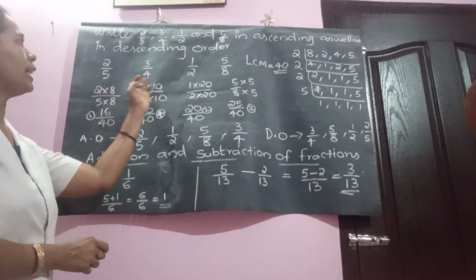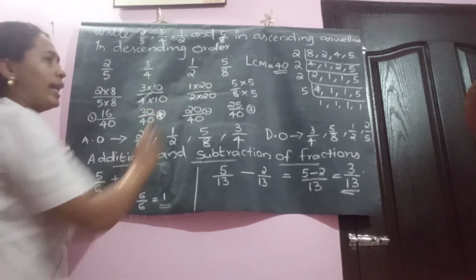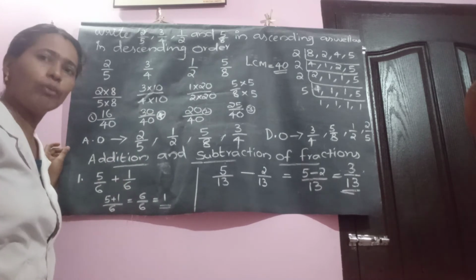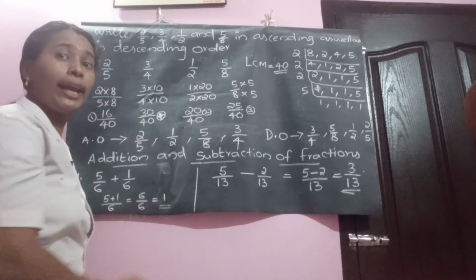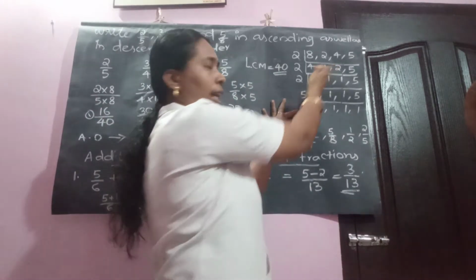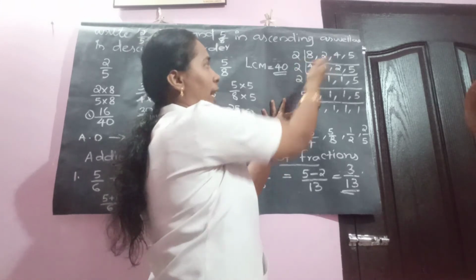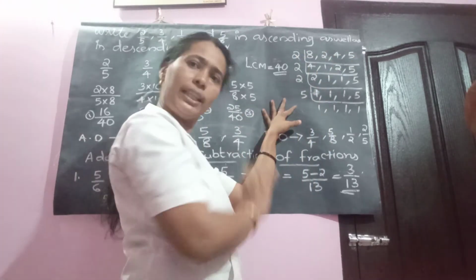How can we keep denominators the same? 5, 4, 2 and 8. Different denominators. So what do we do? We have to use the method of LCM. Take the 4 numbers. Order you can take any order you like. Okay, teacher has taken in another order: 8, 2, 4, 5. If you want 5, 4, 2, 8 itself you can take.